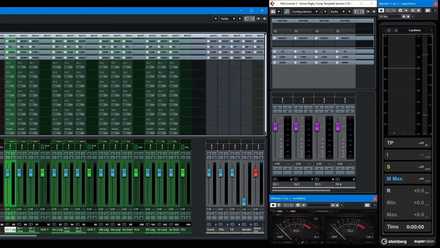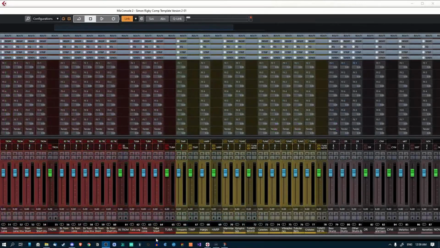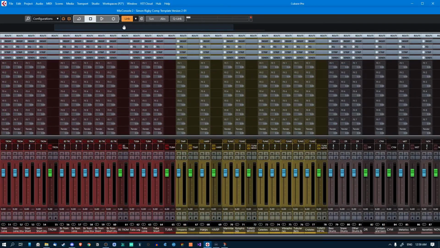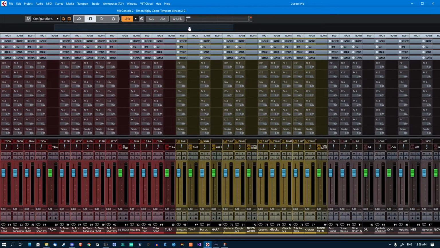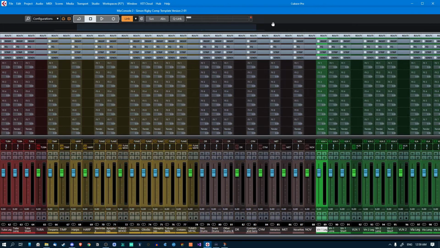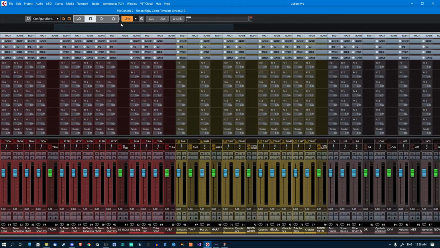Okay, so we'll go back to the center screen so we can just see a portion of the mixer, and I'm just going to scroll so we've got the brass in view. We're going to scroll so we can get the... How are we going to do this? Trying to get this to all sit on one screen. It won't do it. So what we'll do is we'll look at Woodwinds instead, and I'll pan over to the